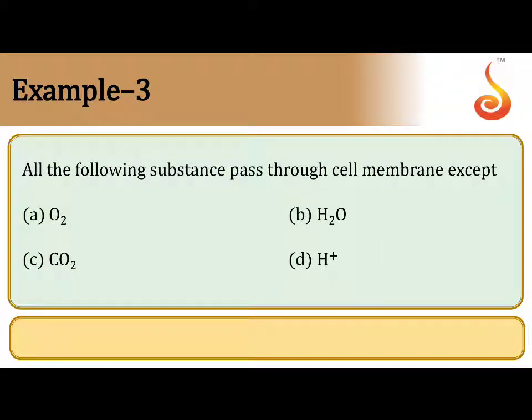Okay. You have a question here which says all the following substances pass through cell membrane except. So we have oxygen, water, carbon dioxide, and proton. The answer happens to be proton here, and I thought we can discuss why proton cannot traverse a plasma membrane